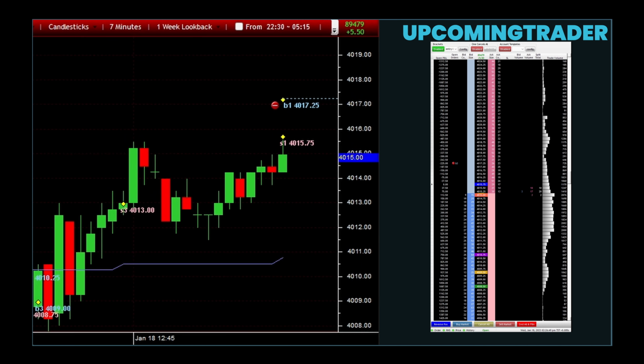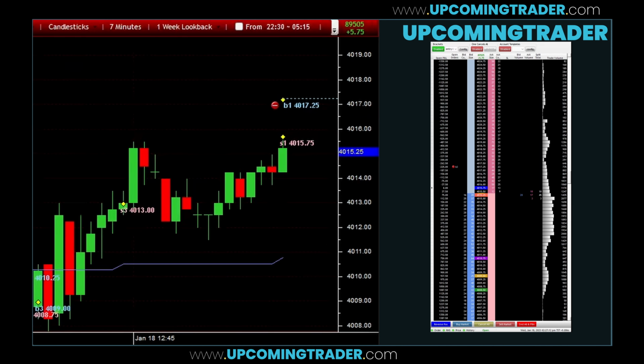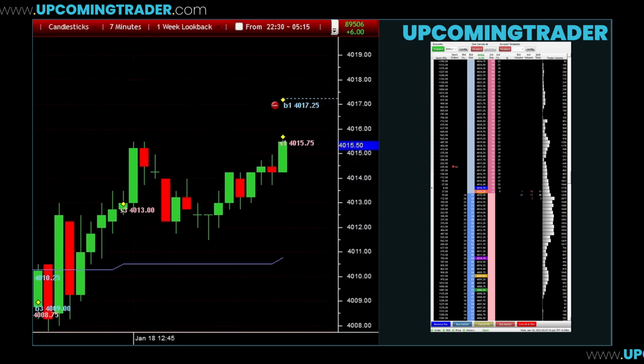broken. Another pattern to keep an eye on is the balancing profile, also known as a bell curve or value area. This occurs when the market has spent a lot of time in a particular range, and the profile takes the shape of a normal distribution. When price moves away from this balance area, it often signals a breakout or breakdown as the market moves from balance to imbalance. Recognizing these balance areas and watching for signs of breaking away can help you catch significant market